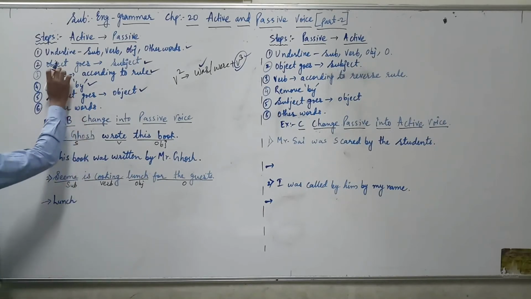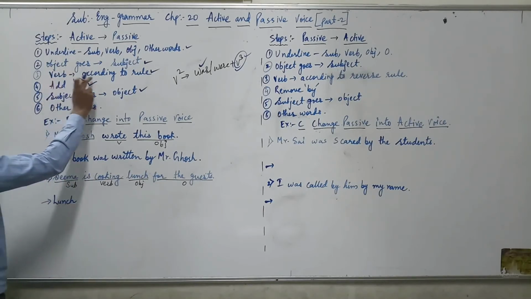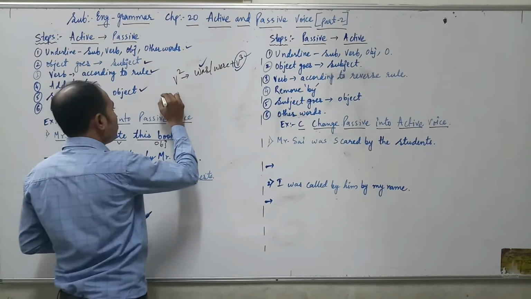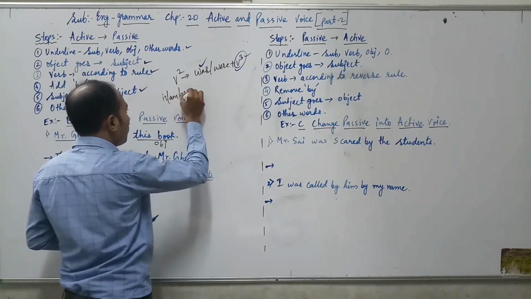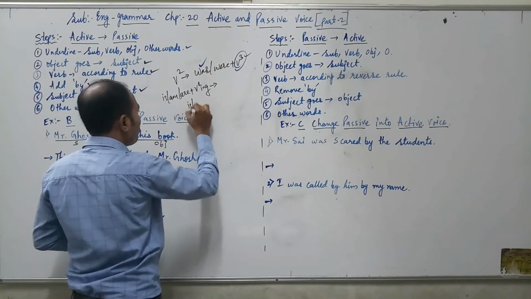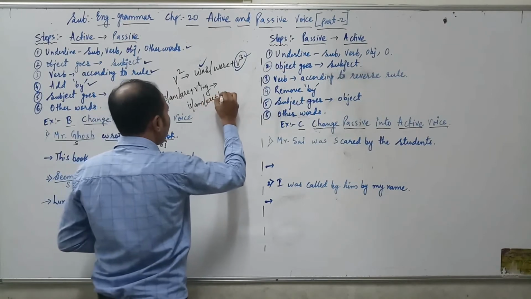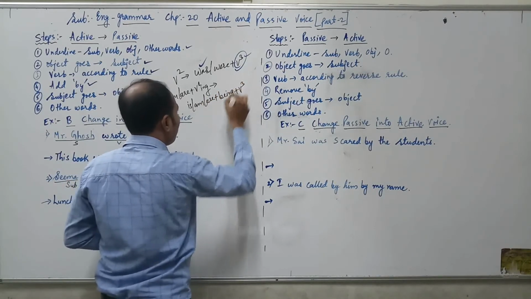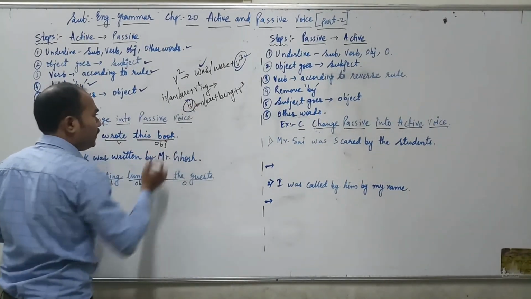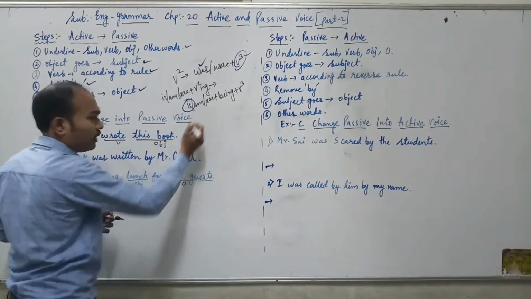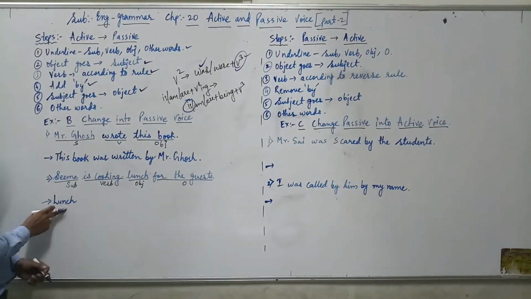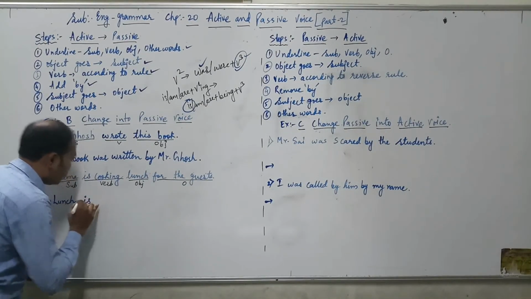Lunch. After this, the third step is the verb should be changed according to the rule. The verb is what? Is cooking. Is cooking is am/is/are plus V1 plus ing. It is changed into is/am/are plus being plus V3 form. So this we have to write down. We will select the word is because am we write with the subject I, and are we write with a plural subject. So lunch is a singular subject. So we will write down lunch is.